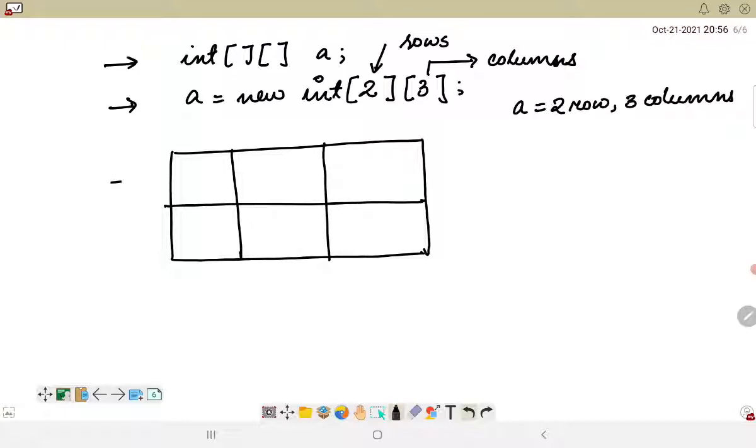So these are 2 rows, row 1 and row 2. And here we have column 1, column 2 and column 3.